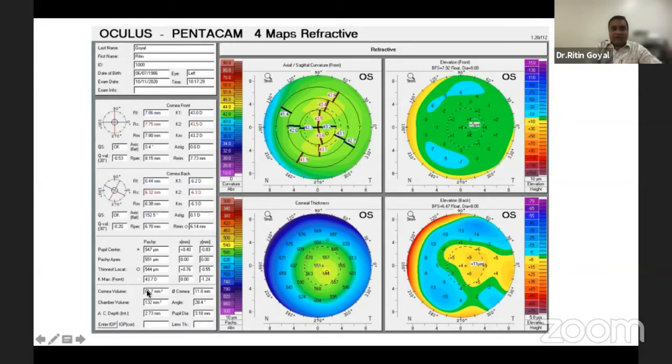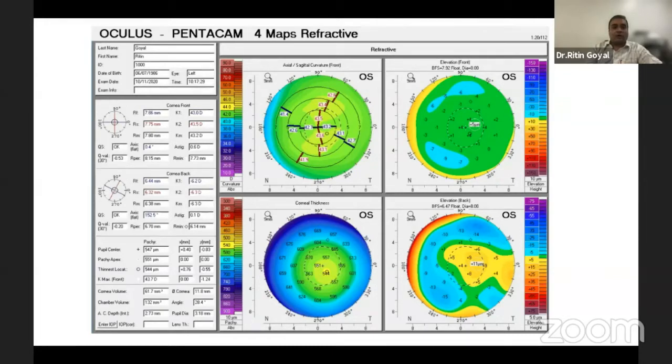On the left hand side, you have this bar where the first, second, and third columns put together are essentially talking about these maps, telling us about the corneal front K, the corneal back K, as well as the corneal thickness. And this bottom section is telling us about the various miscellaneous things that the pentagram is picking up. So how do I typically look at the pentagram and decide within 10 seconds